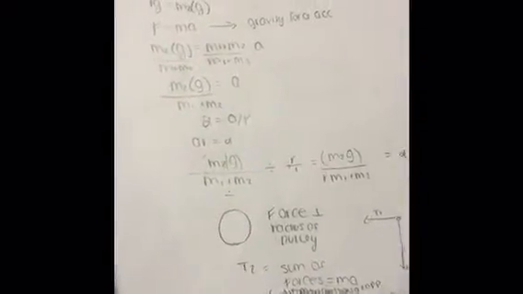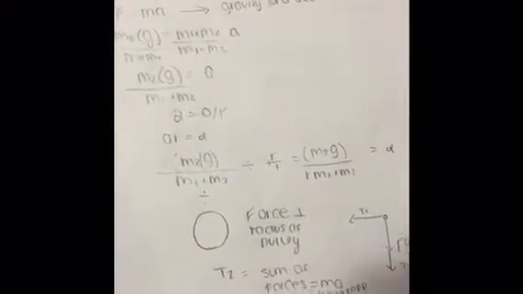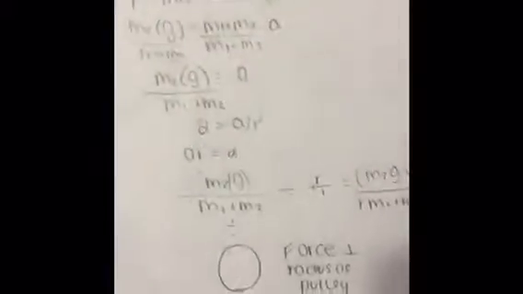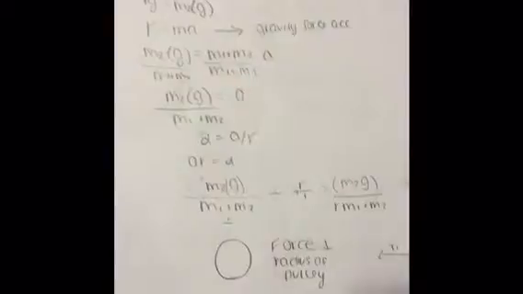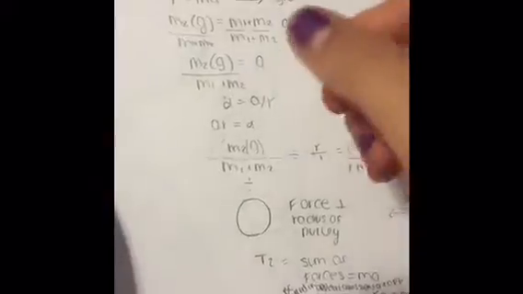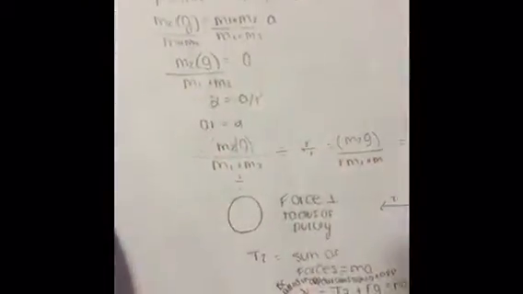I solved for the acceleration first, and gravity is causing M2 to accelerate, and when M2 moves, that's going to cause M1 to move sideways. So Fg is equal to m2g. F equals ma, and because gravity is causing the block to accelerate, you do m2g equals